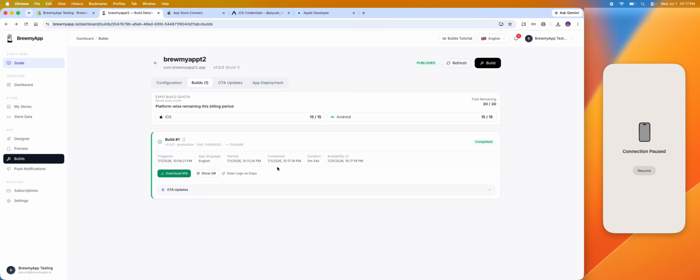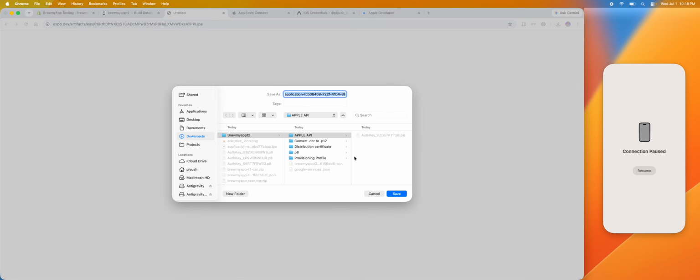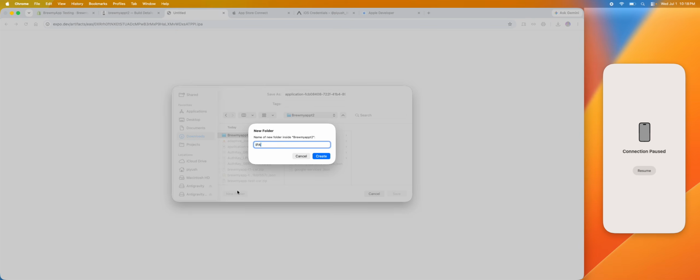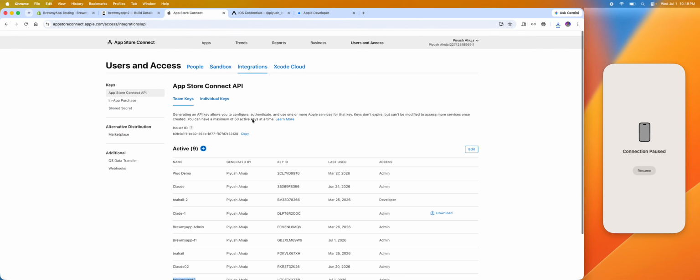Congratulations! Now we have completed our build and the duration is just 6 minutes. It's very easy. Now the next task is we can download the IPA file and save it. Okay. The way to upload the IPA so that you can see the app